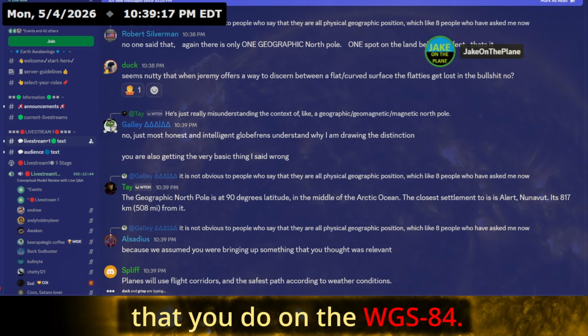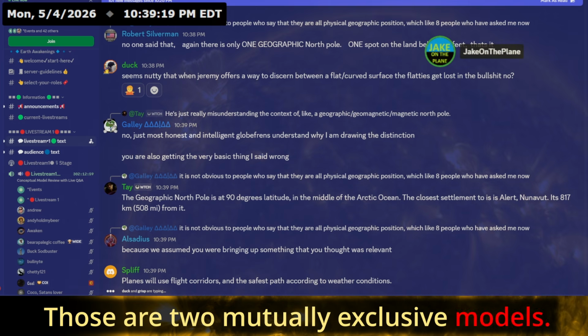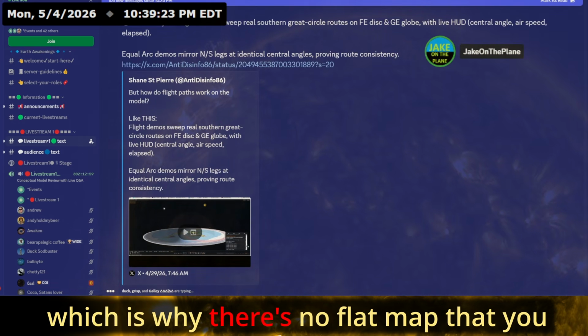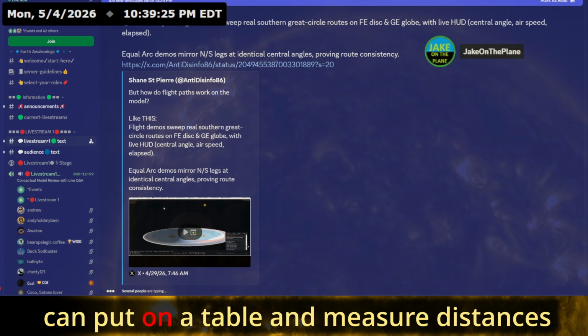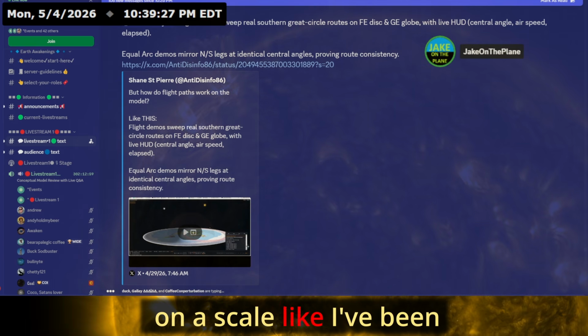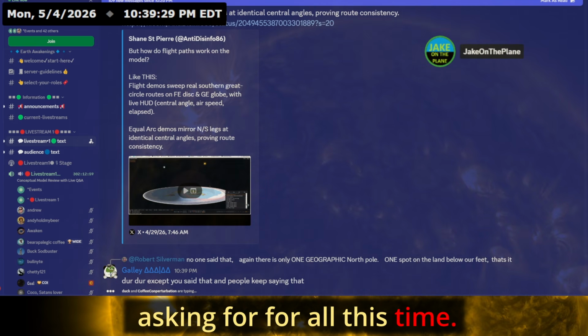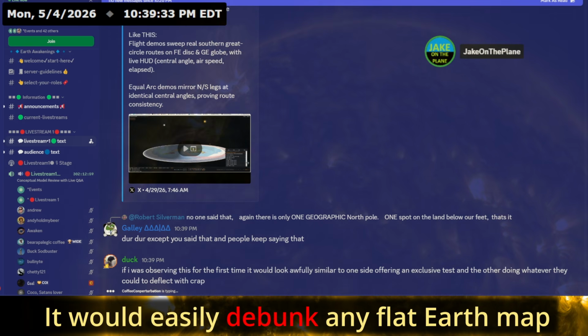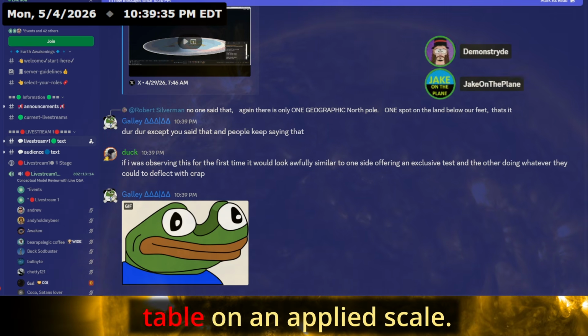on the WGS 84. Those are two mutually exclusive models, and when you go to the southern hemisphere, it completely falls apart. Which is why there's no flat map that you can put on a table and measure distances on a scale like I've been asking for all this time. That's the precise reason why you can't do that. It's mutually exclusive. It would easily debunk any flat Earth map that you put on a table with an applied